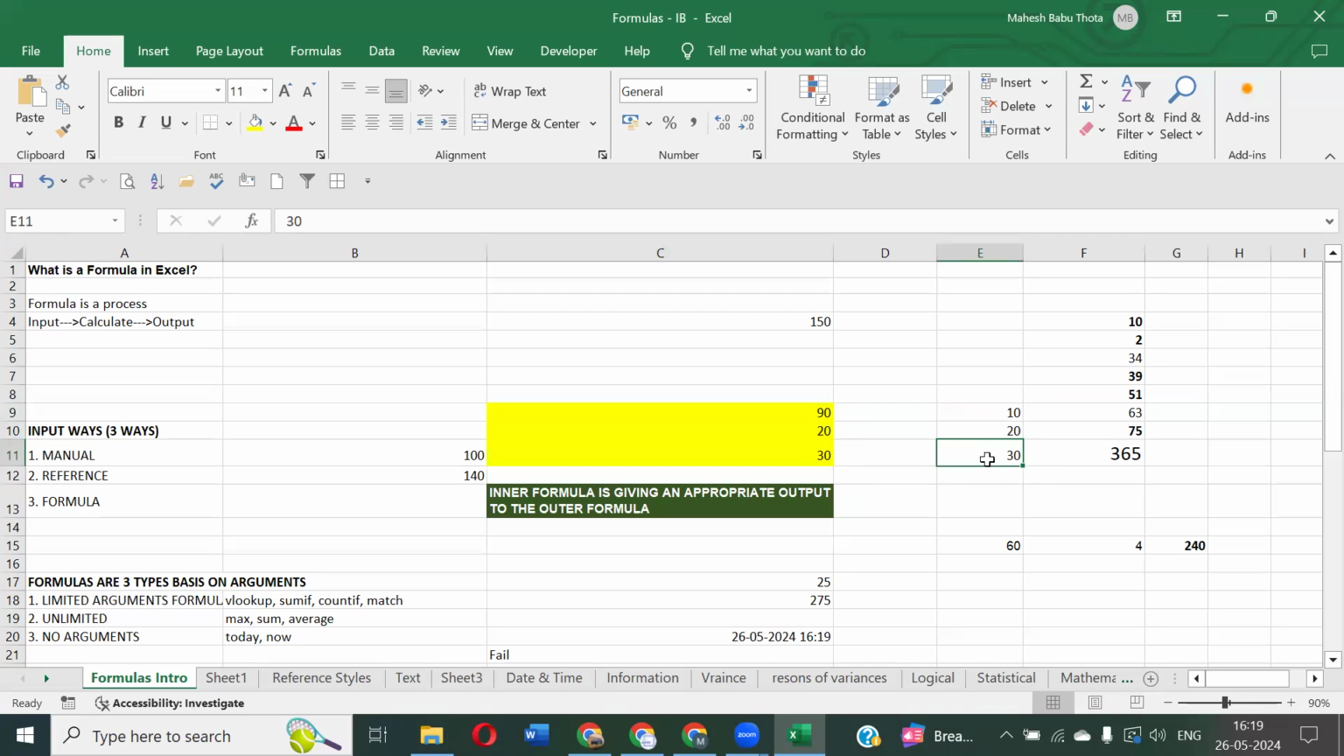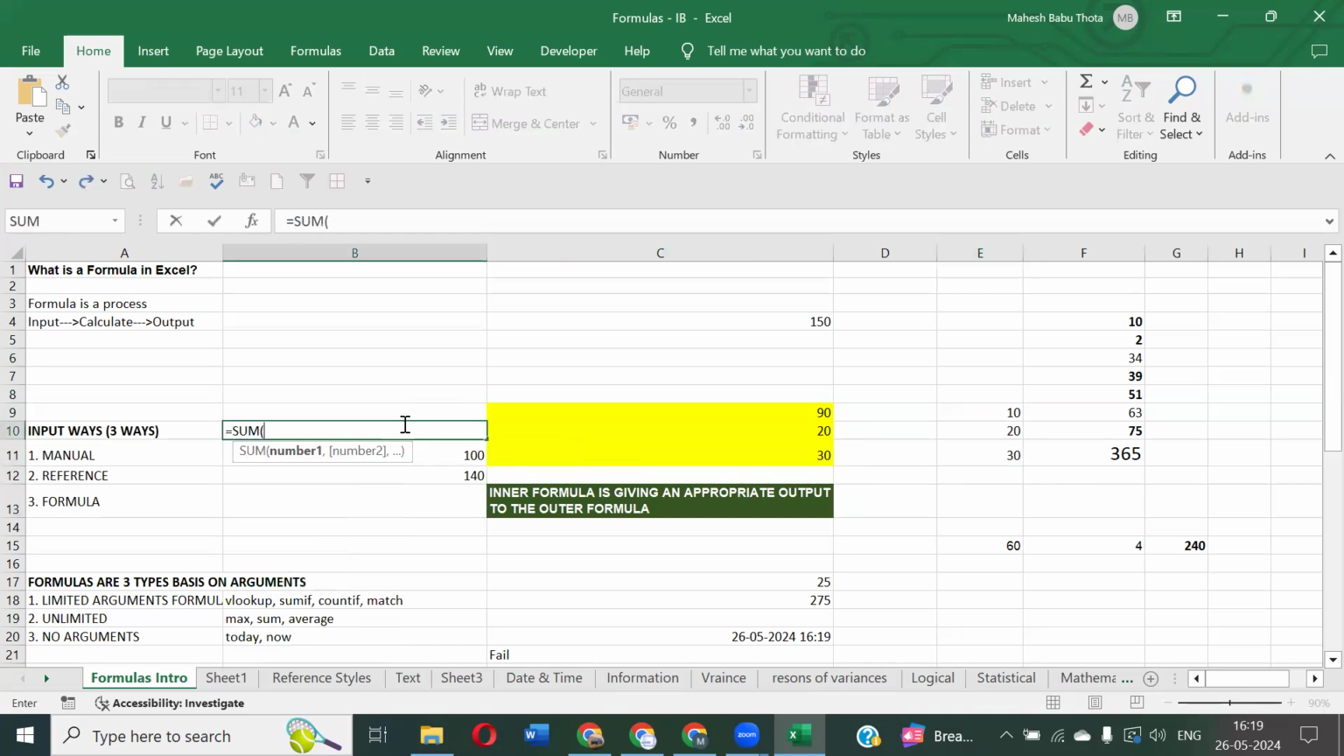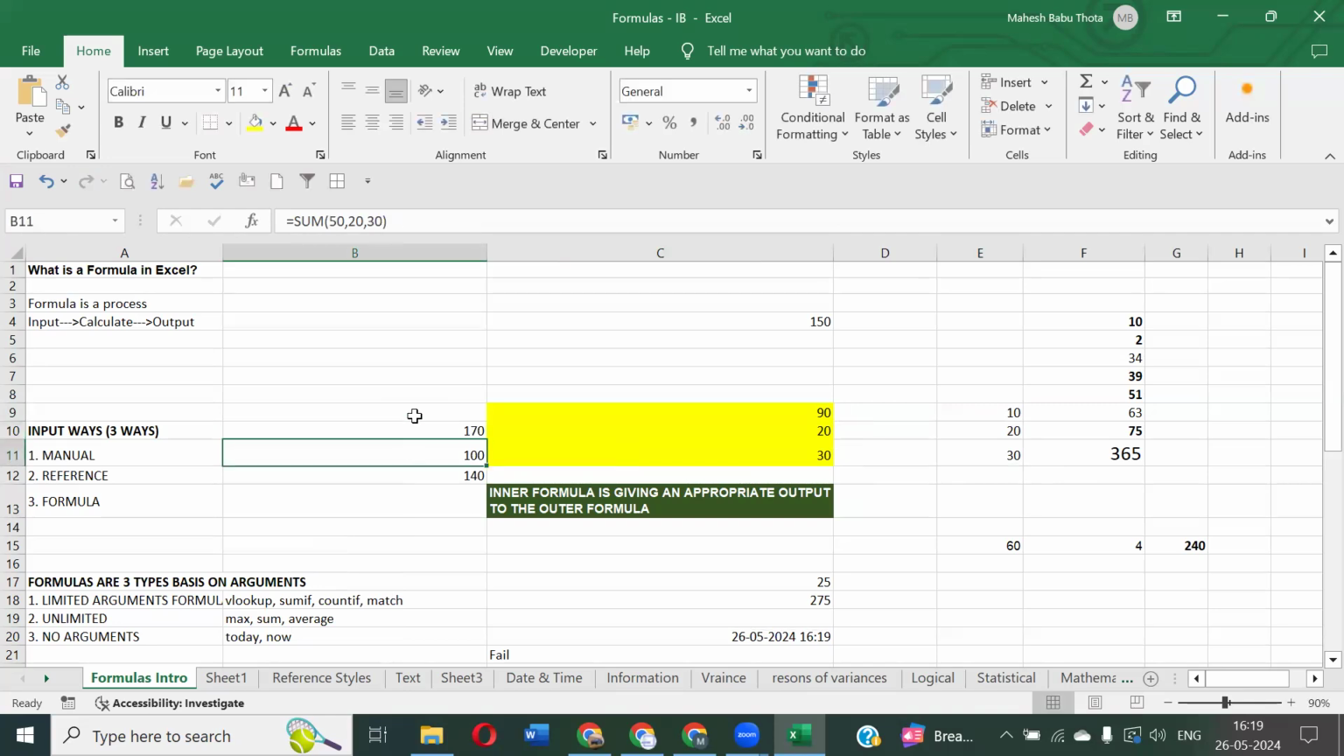So how can I write the formula? Maybe if it is manual, how will I write? If it is manual, I'll write like this: sum, 90, 20, 20, 30, 30, 30. This is one method of writing formula. This is called the manual method. Suppose it is the reference method,